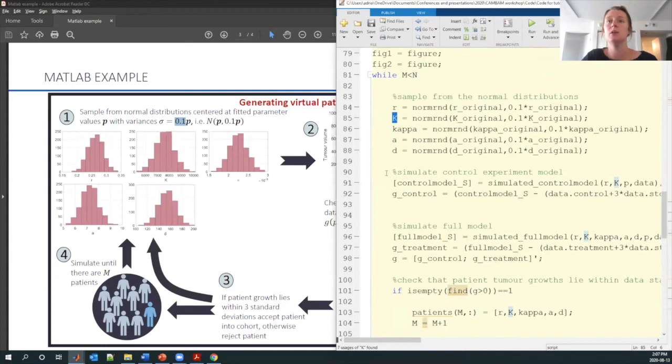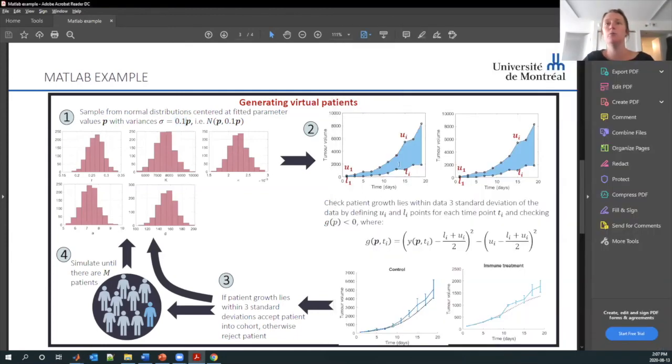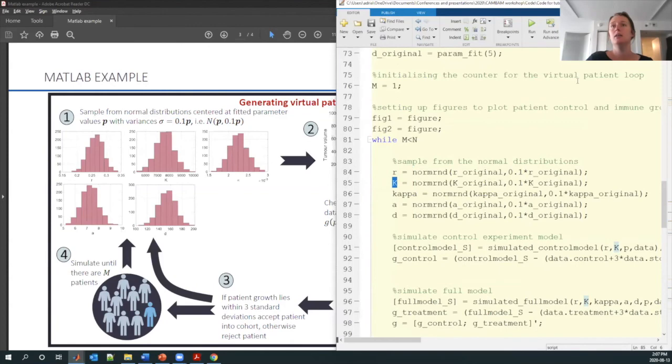And then, like I said, we're going to make sure that their tumor volumes sit within the right ranges that match our data set. And then if they do, we will keep them. So if I hit run,